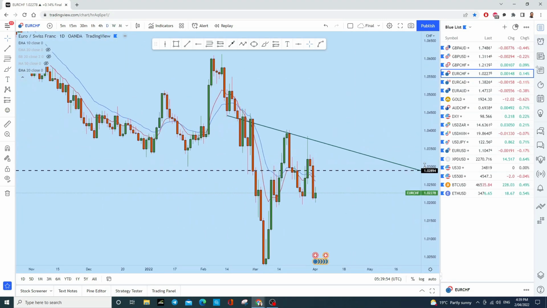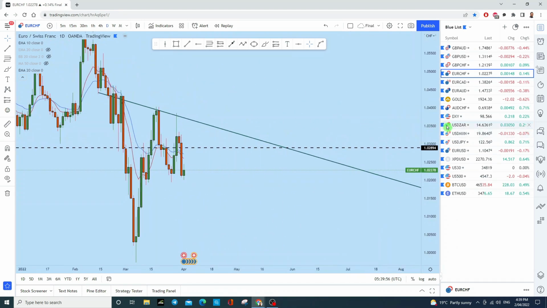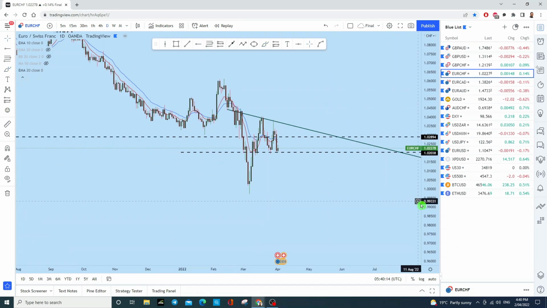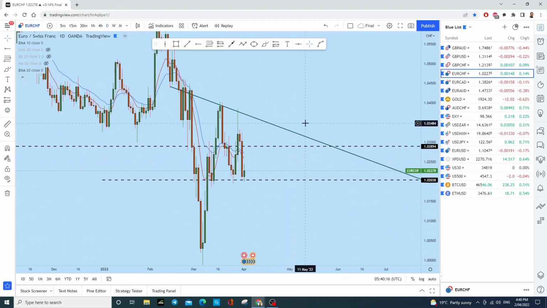Now what I think on the daily, you see there is a support here. Now this level connected as resistance, and at the same time the price has created on this daily time frame another support here. You see this is a support, and I think that in the new trading week EURCHF will rise up from this level of support to this level or to this level, and then will drop from here,